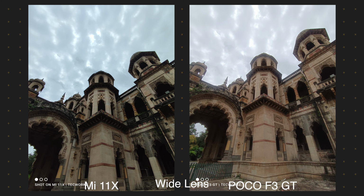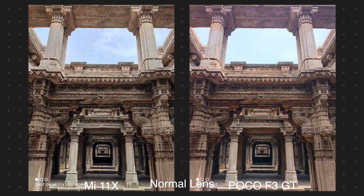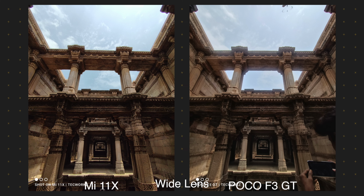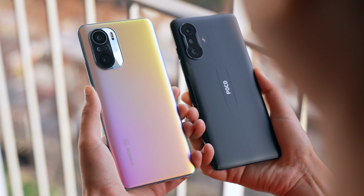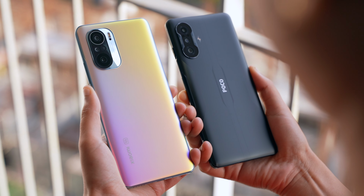Now these are just 8 megapixel shots, so there are not enough details in them. Ones from the POCO F3 GT even seem to be foggy at times. These wide lenses also don't have the best color reproduction or dynamic range, so we might see a lot of contrast in these images in situations like these. I don't like the wide lens on either of these phones, so I didn't take any more wide shots with these lenses. But if I had to choose one of them, I would say the one on the Mi 11X